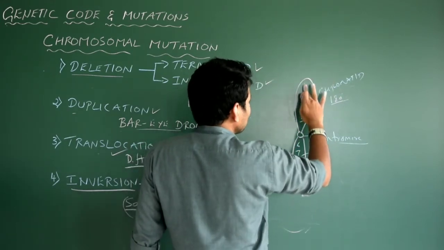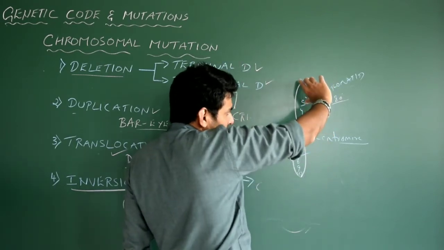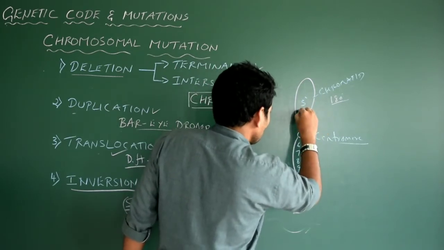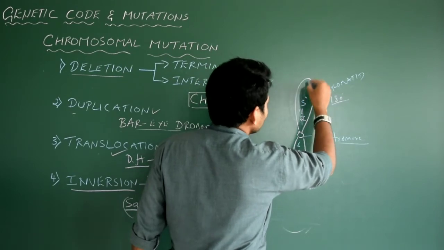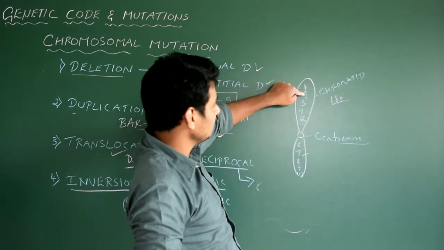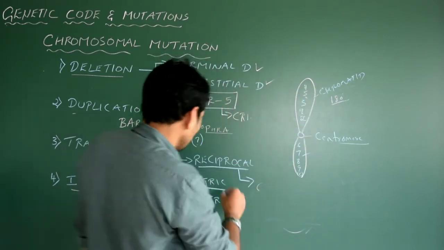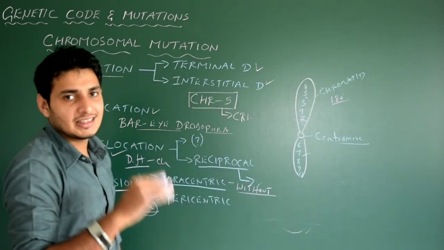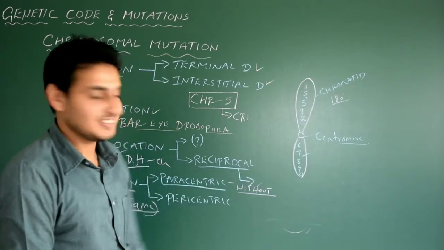Let us now imagine the 1 and 2 genes, because of the bending of the chromatid to this side. So now I will write 1 and 2. So here what is there? I think 4 and 5. See, earlier 1 and 2 genes were here, because of the bending of the chromatid without involving the centromere. So I have to write, this is sharing of the genes within the same segment of the chromatid without involving the centromere. That is paracentric.